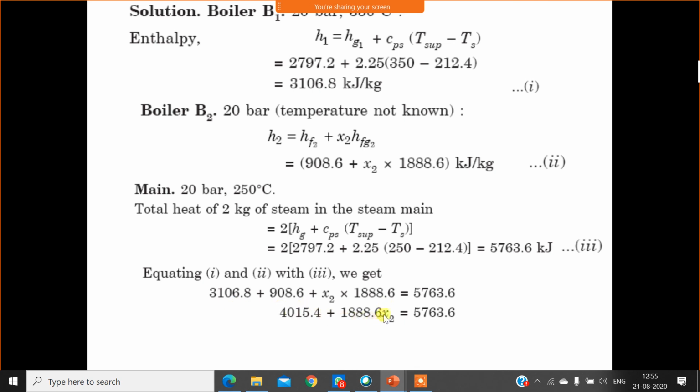Now in this equation only X2 is unknown and everything else is known to us. Therefore, the value of X2 can be calculated: X2 is equal to 0.925. The dryness fraction of the steam from boiler B2 is 0.925. Okay, this is the last problem for